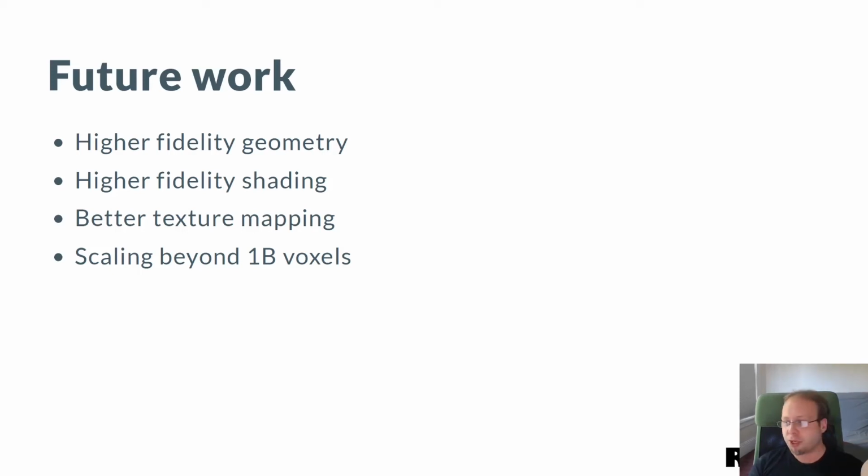So high fidelity geometry is something we want to explore, where we can actually tessellate the terrain geometry more in various ways. Shading is something where it's very easy to make a lot of progress in various places. I already mentioned some improvements on water. Texture mapping is interesting because in general, we're very happy with the texture mapping scheme that we landed upon. But due to how it's implemented, it does mean that in some cases you see stretching on some triangles, and it could have been mapped a bit better.